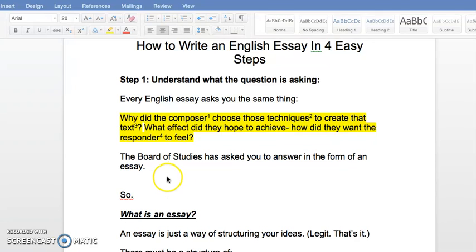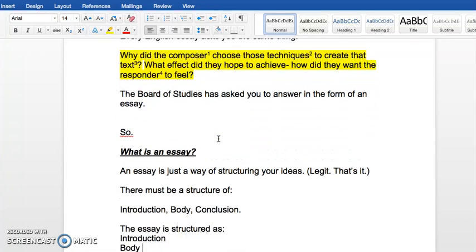So step 1 is understanding what the question is asking you. Every English essay asks you the same thing. Why did the composer choose the techniques to create that text? What effect did they hope to achieve, and how did they want the responder to feel? Now, if you didn't understand half of those words, that's cool. We're going to go down to our